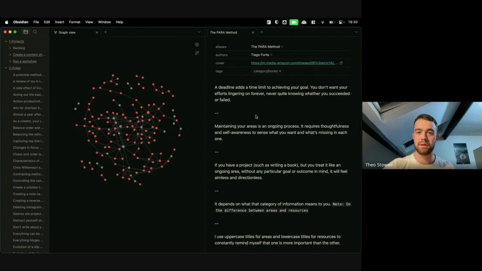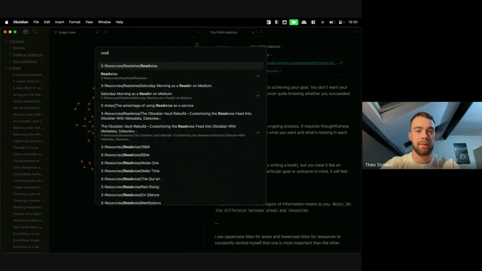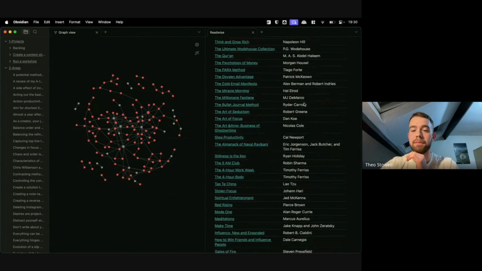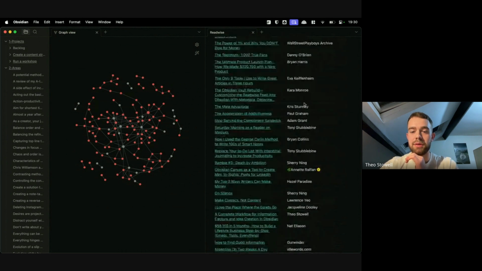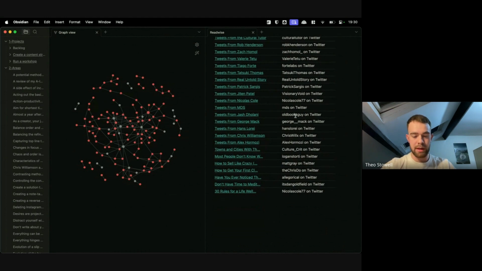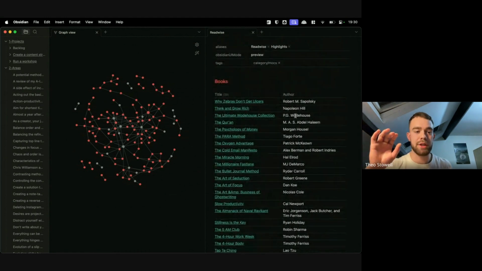And just to touch on what you said as well, Joel, to do with capturing off the internet, this is how easy it can be with Readwise importing notes into your Vault. You simply set up the plugin, and all of your highlights from books and articles and tweets and things are easily accessible in your Vault. So that's how I've reduced the manual input that's required to get ideas from a book or